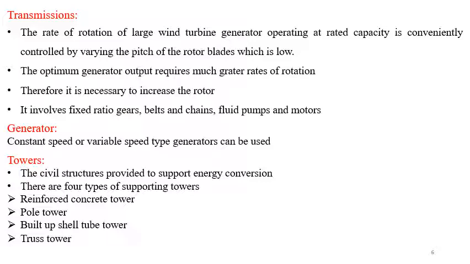periods. So horizontal axis wind turbines are mounted on towers so as to be above the level of turbulence and other ground related effects. Okay, so the minimum height of the tower for a small wind energy conversion system is about 10 meters, and the maximum practical height is estimated to be 60 meters. Okay.